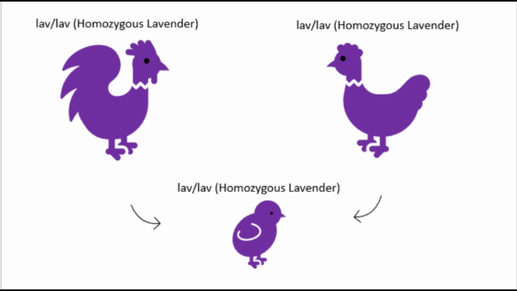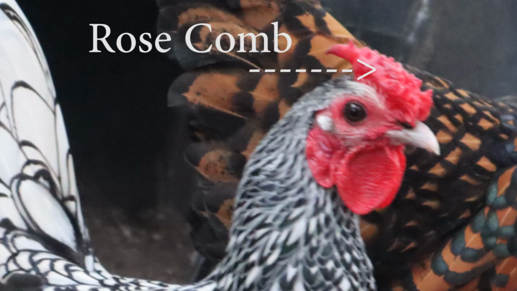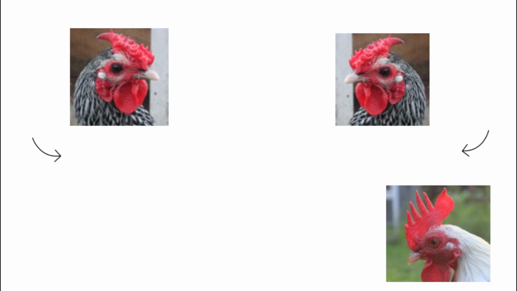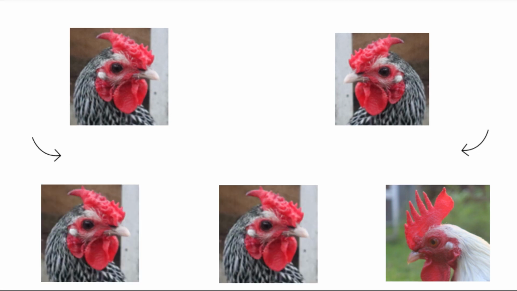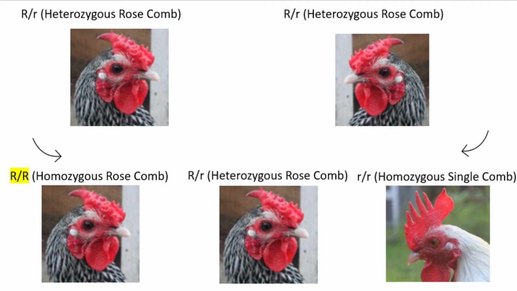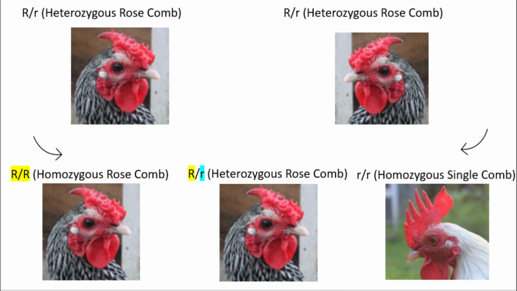On the other hand, let's say you want a bird with a rose comb. Now remember, a rose comb is dominant. Let's say you go ahead and purchase a hen and a rooster that both have a rose comb. You breed these birds together, yet somehow you get some offspring with a single comb and some offspring with a rose comb. Well, what just happened? If this is the case, that means that both of the parents were carrying a recessive single comb gene. Because rose combs are dominant, both birds appear to have a rose comb. Yet, without breeding those two birds together to test it, you have no idea whether these birds each have 2 copies of the dominant rose comb gene, or 1 copy of the rose comb gene, and 1 copy of the single comb gene.